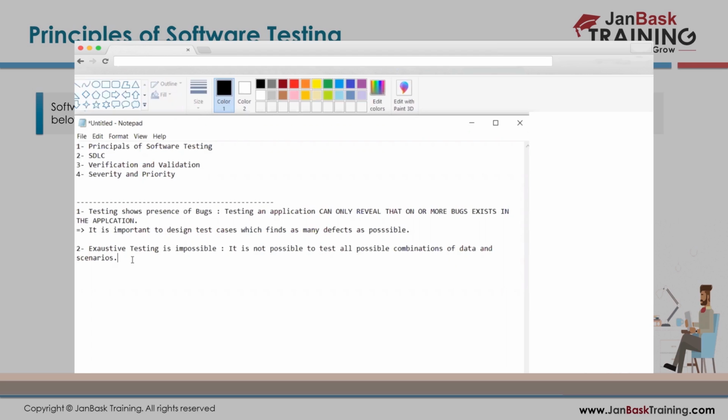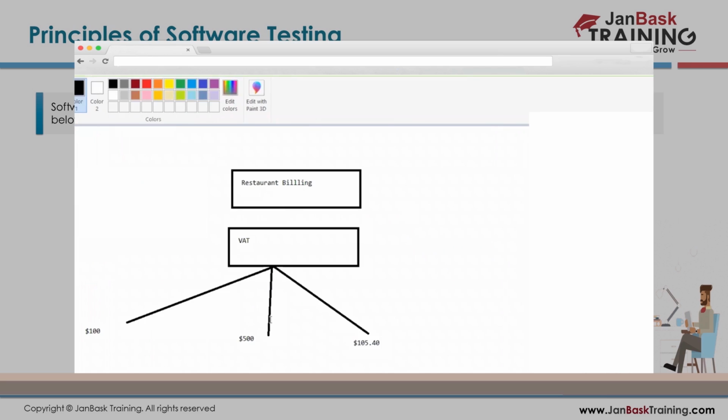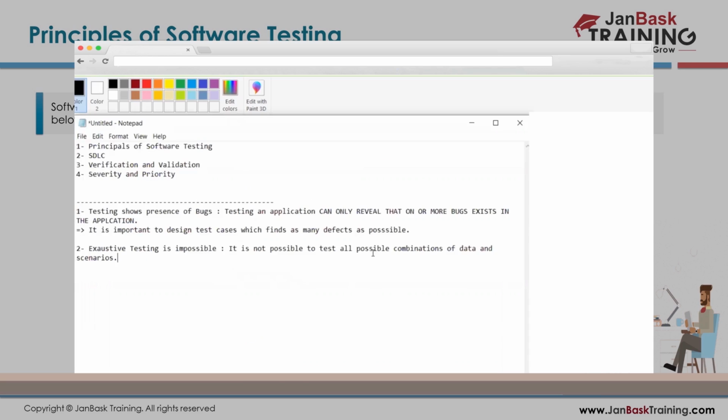Okay, but as of now, when we're talking about exhaustive testing being impossible, all it is trying to say is that it is not possible to test all possible combinations of data and scenarios. For example, the one that we saw over here: there could be many possible combinations of test data for this restaurant billing application, so we cannot test it for all possible numbers or amounts. This is what it is trying to convey to us. It says that for this reason,